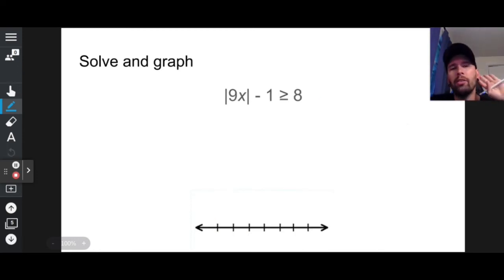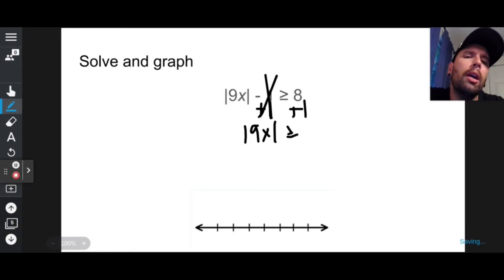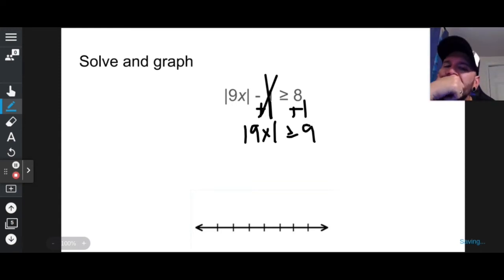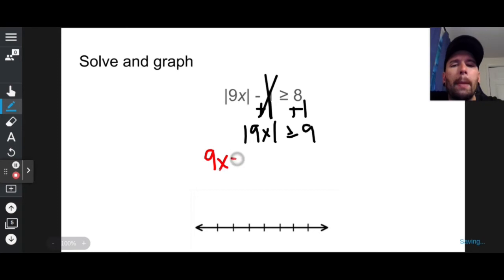So is the absolute value all by itself? I don't think so. So I'm going to add 1 to both sides. That's going to be my first step, step number 1. The absolute value of 9x is greater than or equal to... Is that going to change anything? No. So I have absolute value, blah, blah, blah, greater than or equal to 9. So this is an or, which means I'm going to write out the original inequality without the absolute value,